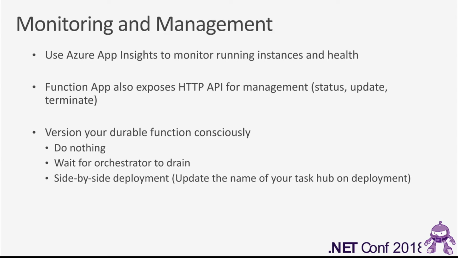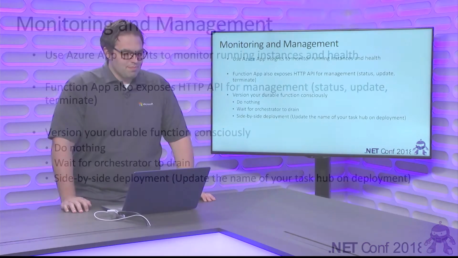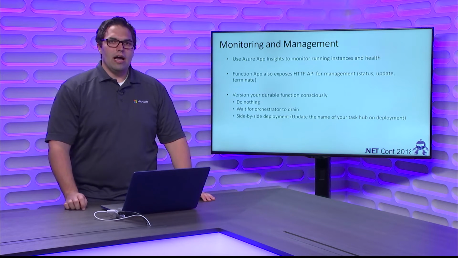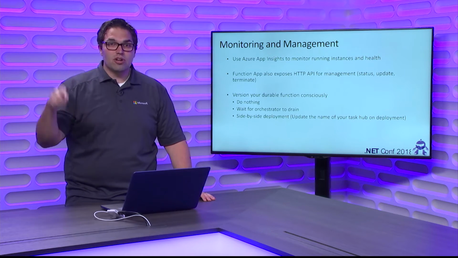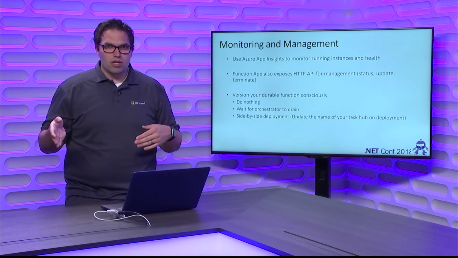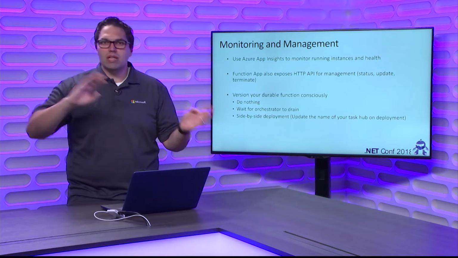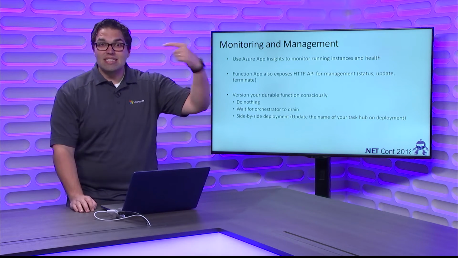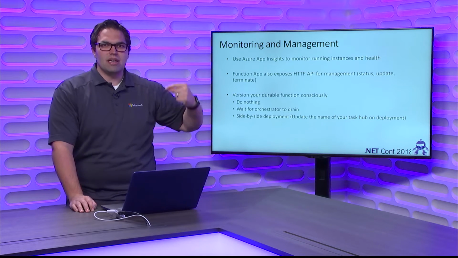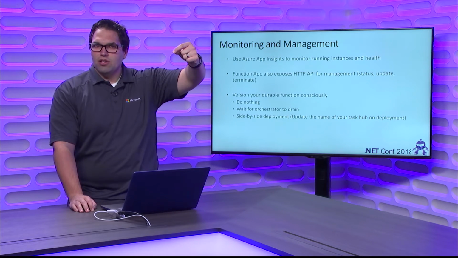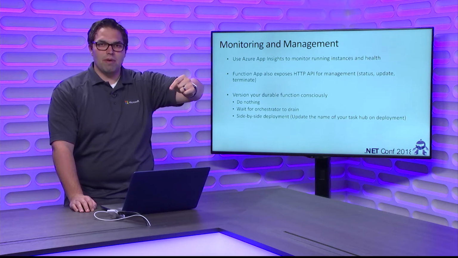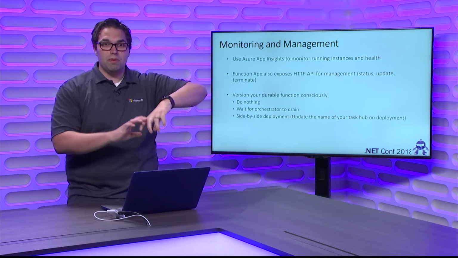The only last piece, which is important too, and then we can switch to some Q&A: version your durable function very consciously. You have to remember the whole thing has to be deterministic. It might be replaying. If I made some breaking change to my orchestrator logic and just published it willy-nilly to the cloud, and there was an existing orchestration that was in flight, it's very possible when it starts doing its next replay, it's going to be pulling in the new version of the code. And as it starts evaluating that code and doing event sourcing, it might be like, oh, whoa, this is totally different, and be in a very corrupt state.